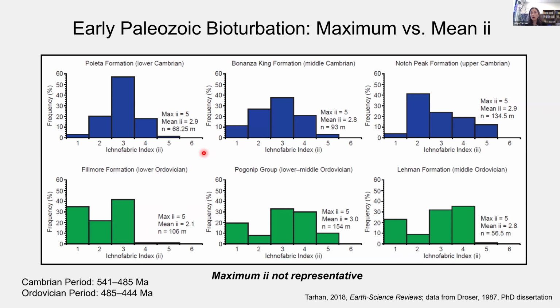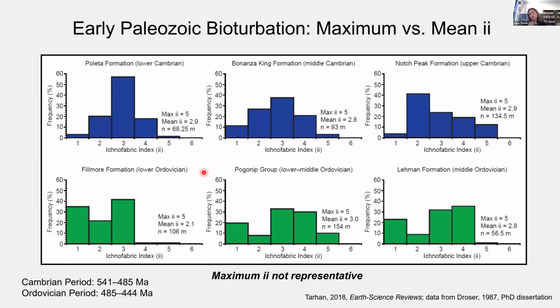So what we can see across these 6 successions, which range from about 50 meters to 150 meters in thickness, is that we do see some strata that are characterized by very high intensities of bioturbation, of ichnofabric index values of 5. However, the relative abundance of those more intensively bioturbated strata is actually quite low. And we see that the majority of each of these units is comprised of things lower on that scale of poorly to moderately bioturbated strata.